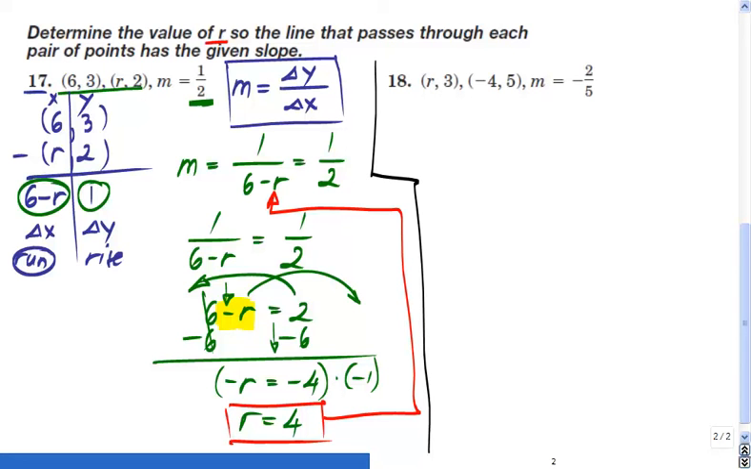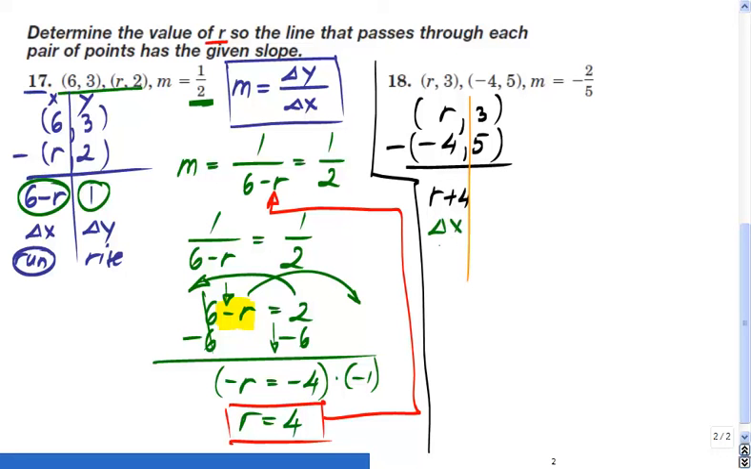Problem 18, same story. Take your coordinates, r and 3, and the other pair of coordinates, -4 and 5. Subtract bottom from the top, and be careful that some -4 was already there, so you have minus everything here from the top, right? So I have r minus -4, that's going to be r plus 4. And if you want, you can divide these two columns to make sure that you understand this one is about